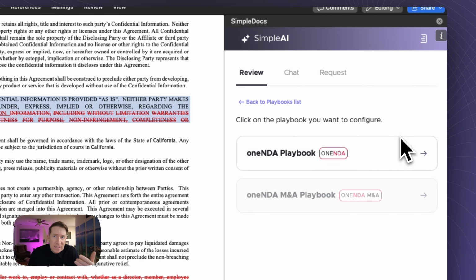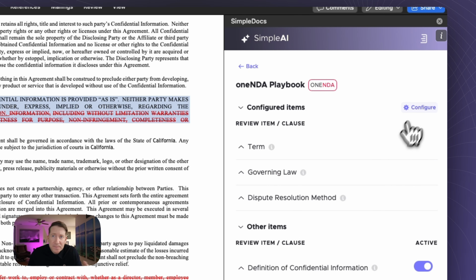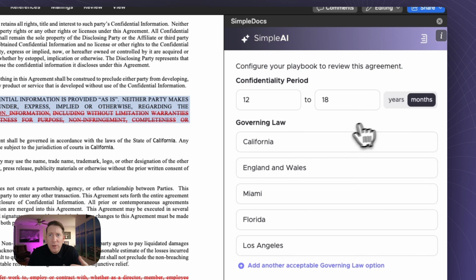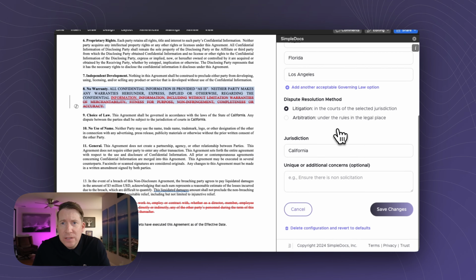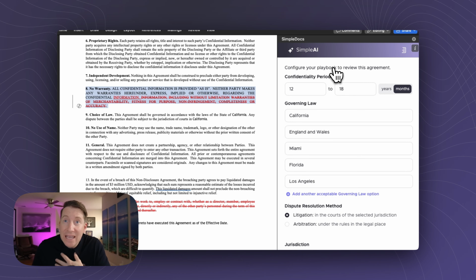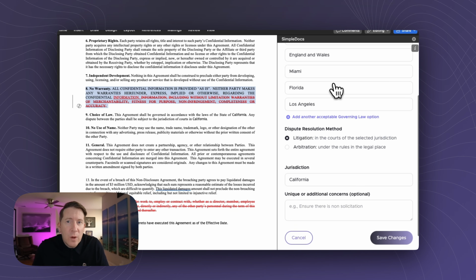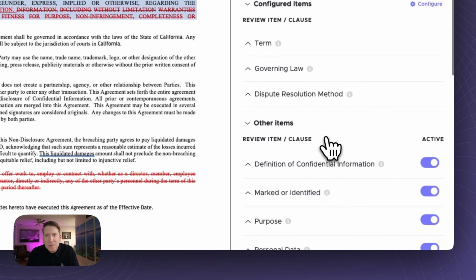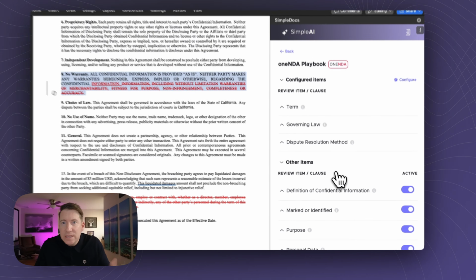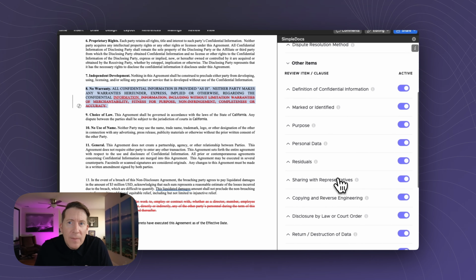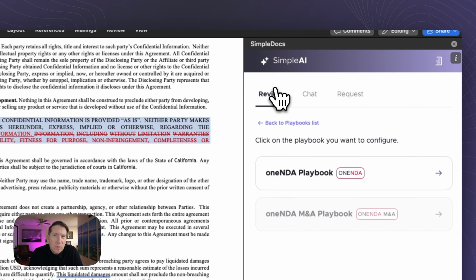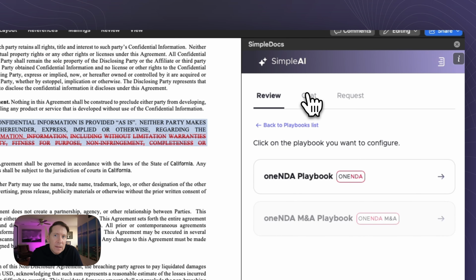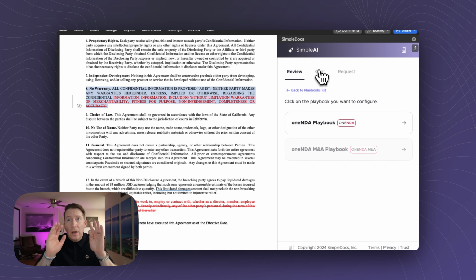And so as an example, I'm going to expand the one NDA playbook. I can make modifications extensively here that will be saved in a way that the others won't, because if you're in a guest experience, as soon as you're done, it's going to reset and it won't save. Have some advanced toggle configurations as well. And that is it. So to recap,